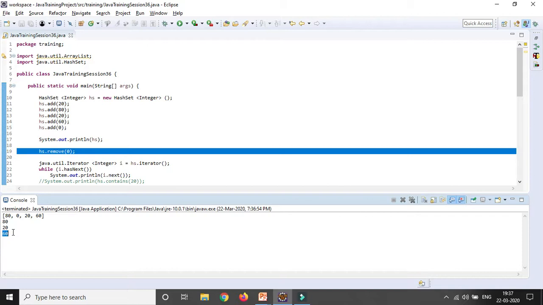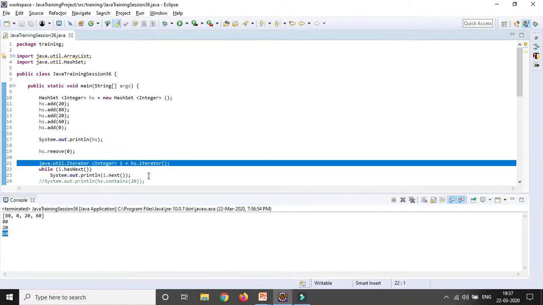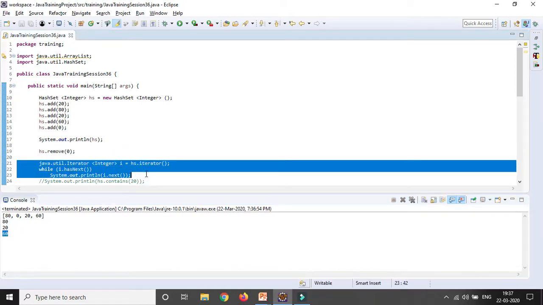The important thing is that we can use one HashSet in another HashSet, we can create any kind of collections, and we can add all the elements to any HashSet. We can add elements, we can remove elements, we can display all the elements in the array format, as well as using the Iterator class we can uniquely display all the elements of the HashSet.